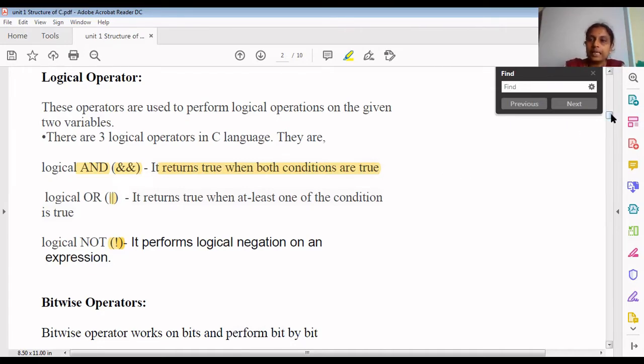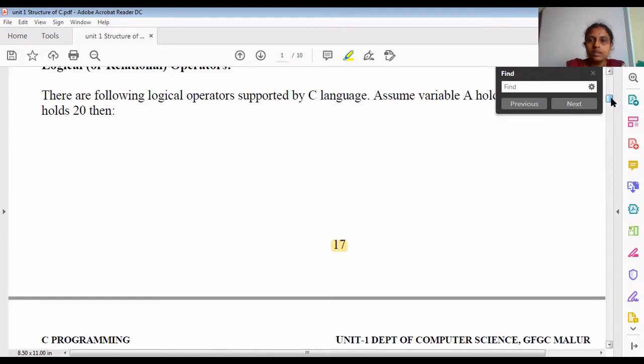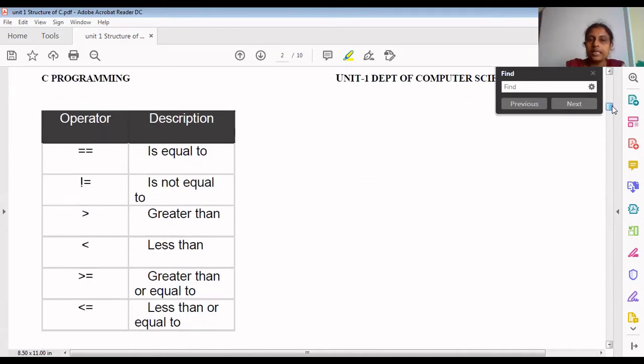Next, we will discuss relational operators. These are operators used to identify the relation between values. Some relational operators are equal to, not equal to, greater than, greater than or equal to. When I want to compare two values, 5 equal to 5, in computer terms I'm comparing whether the left side value is equal to the right side value. When I want to do that, we have to put two symbols.